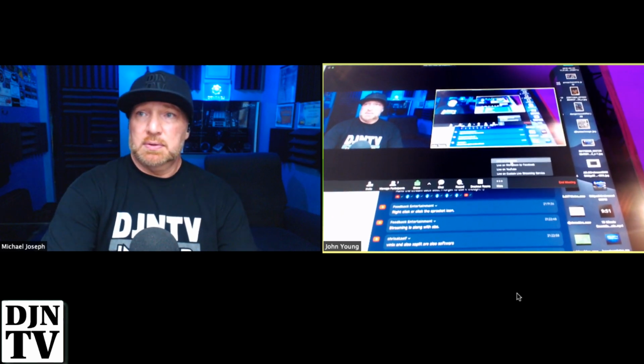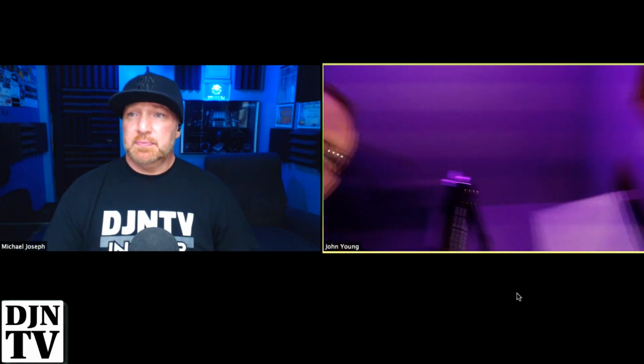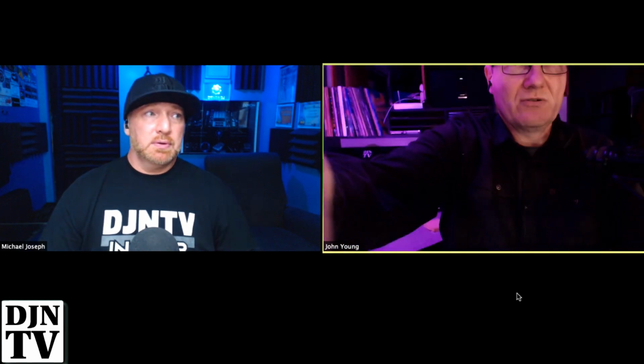But if I want to go to Facebook, it would allow me to stream to any Facebook page or group that I am an admin of. So the key is that I've got to be an admin or have admin capabilities. If I have that, I can connect it, and it's all under those three little dots. Now, it has to be activated through the website. You've got to go into the website and turn that on.